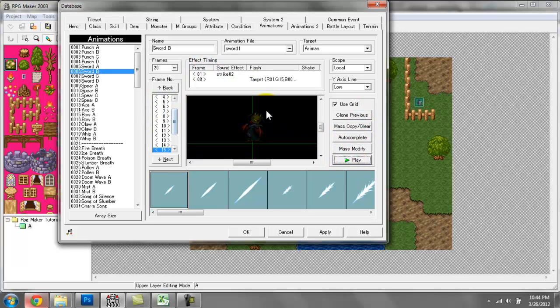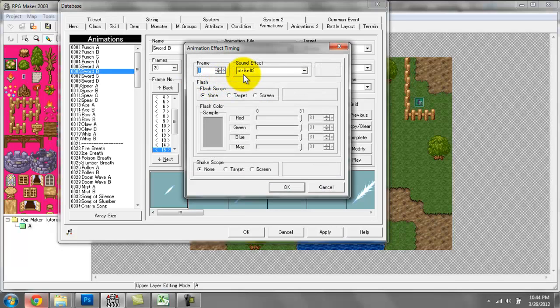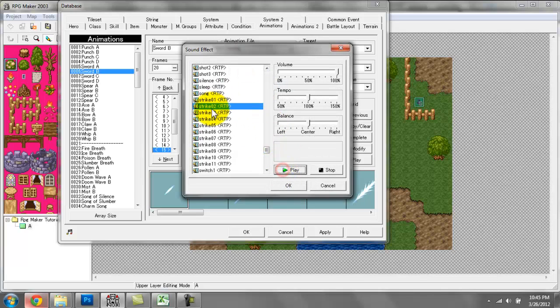You'll see the graphics and sound effects here. So at frame 1, you're telling it to play strike 2. If we tell it to play strike 11, at frame